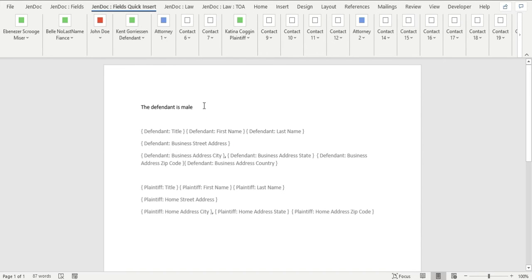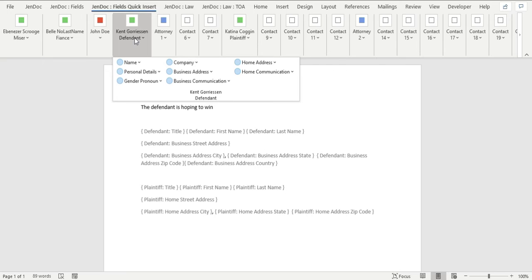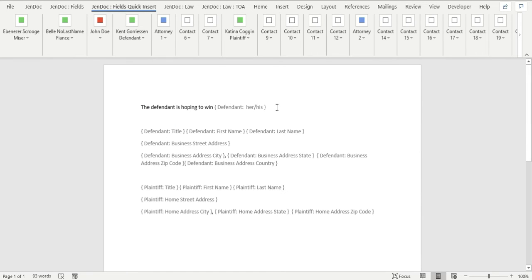Or actually, I'm going to say the defendant is hoping to win. And now I need a gender pronoun. So I'm going to come over here under the defendant and go to gender pronoun and choose the appropriate pronoun. Is hoping to win. So I'm going to choose this her, his, and you'll see it's capitalized, but it's not going to be capitalized when I insert the field unless I click this use initial caps, and I'll show you that next. So the defendant is hoping to win